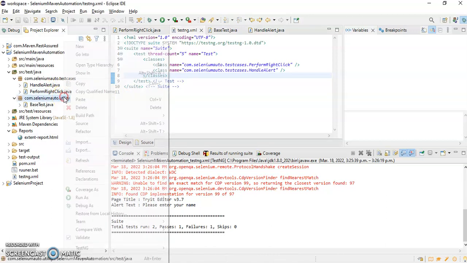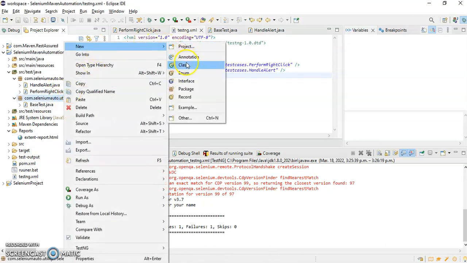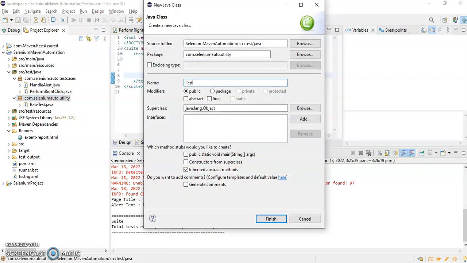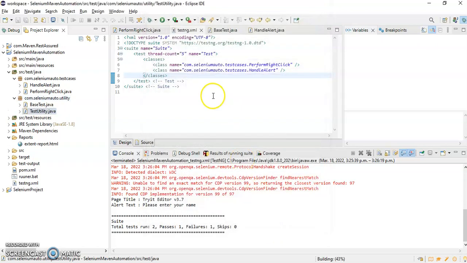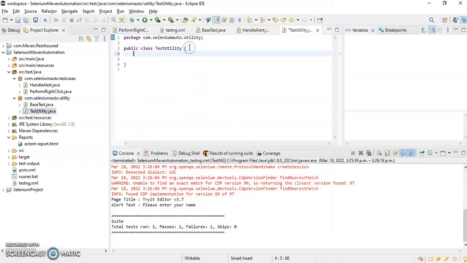What we can do is, in this particular package, I will create one class and name it TestUtility. And here I will create one method: public static, and the return type will be String, getScreenshotPath. Here I will write TakesScreenshot